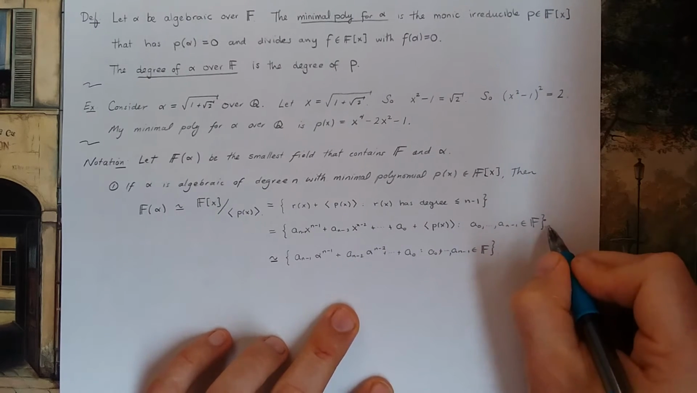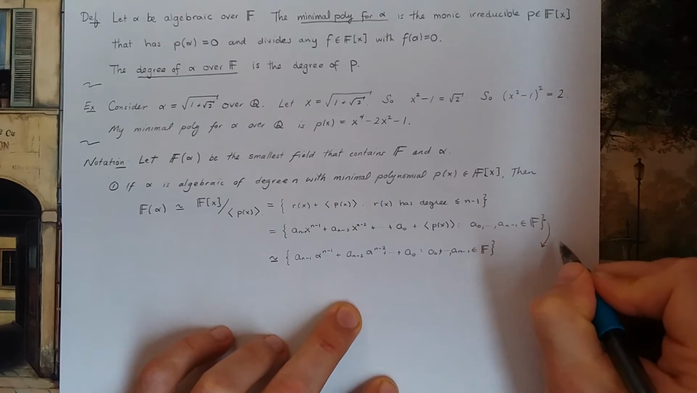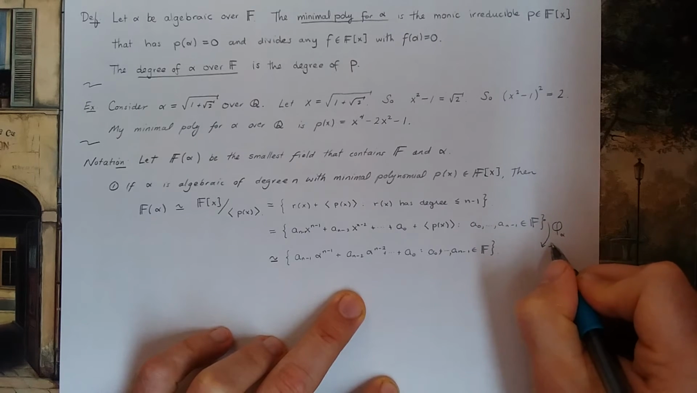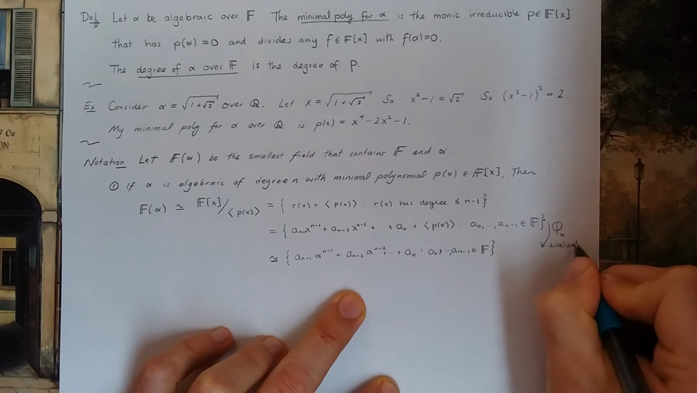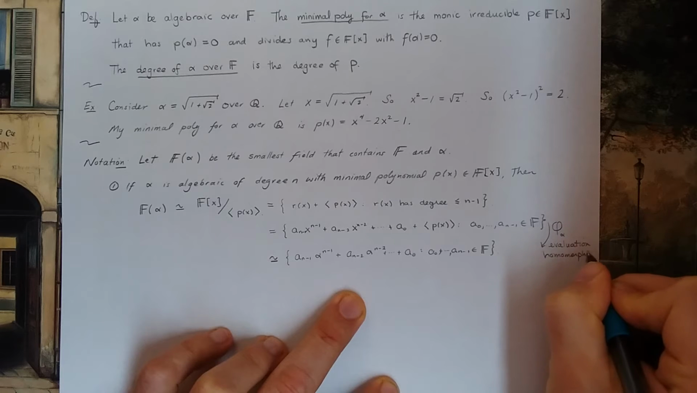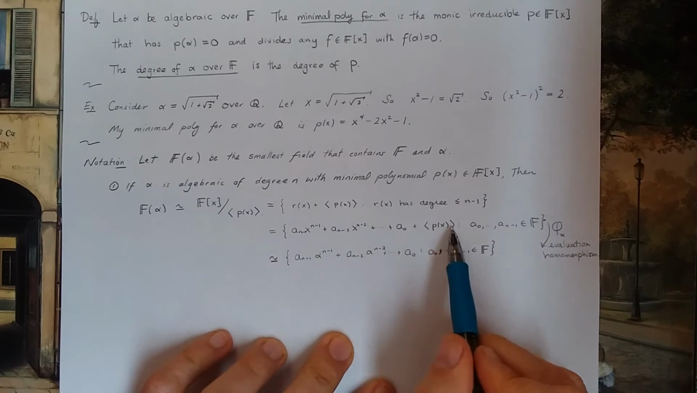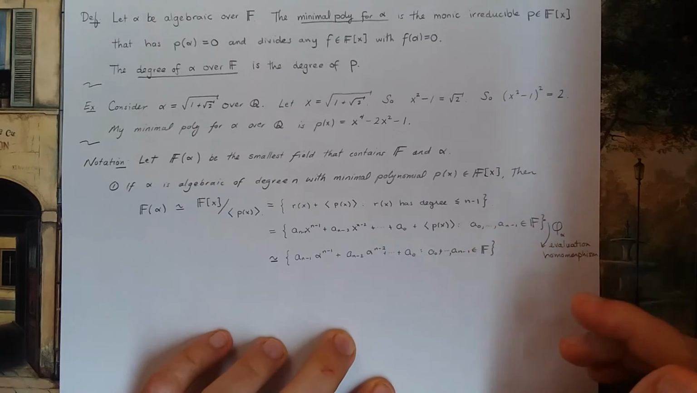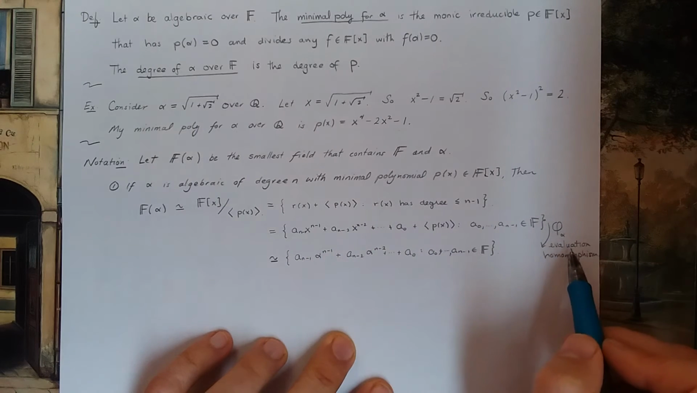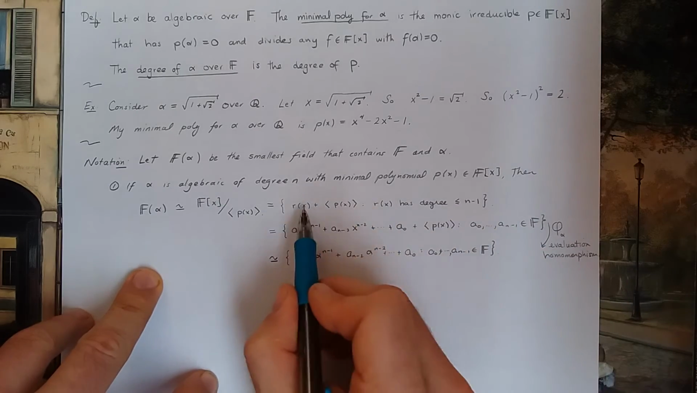To get from this field to this field, I applied the evaluation homomorphism phi of a. So this is the evaluation homomorphism. I turned this ring into this ring. The evaluation homomorphism in this case is actually an isomorphism, because